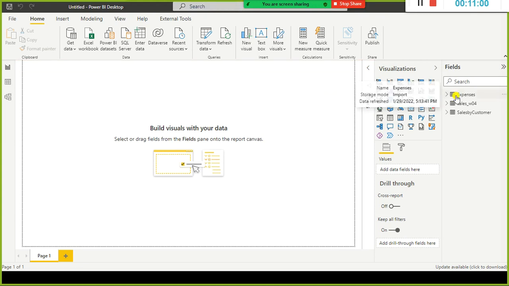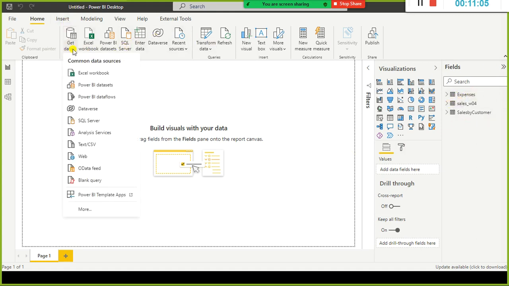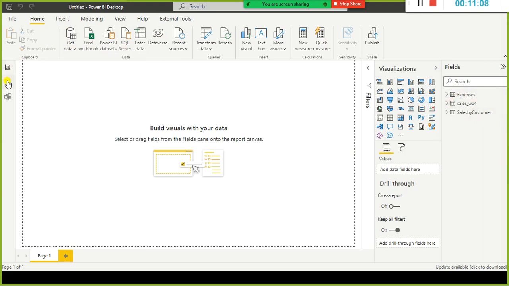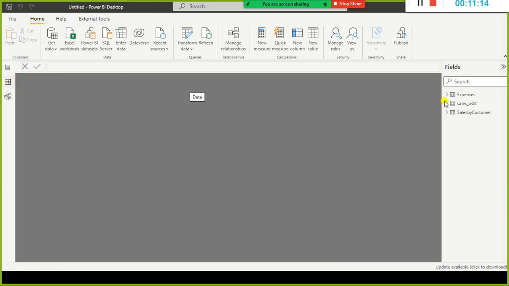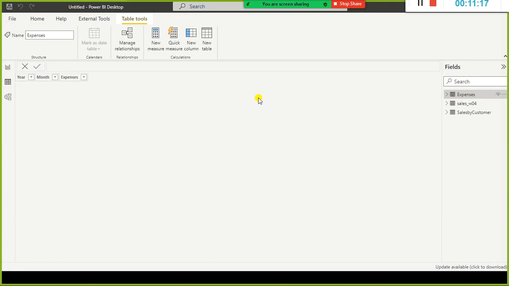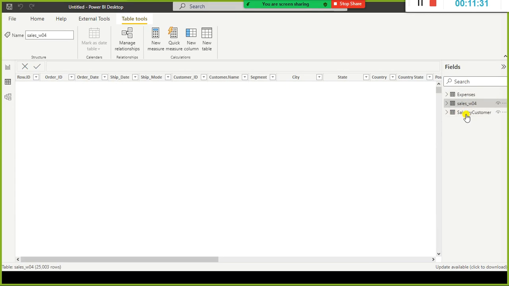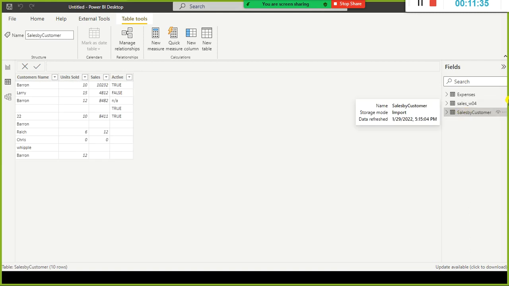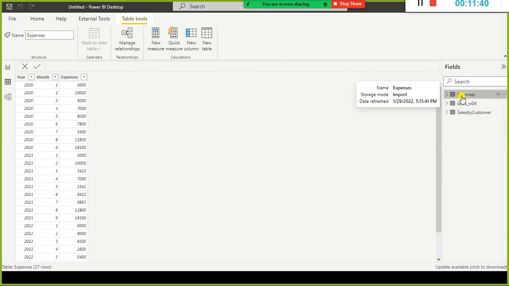The first step is we load the necessary data. The next step is we go and explore the data. In order to explore the data, we can expand and see the column names, and if you go here, you can check the data that are there in this table. On each table, if you want to see the data stored in this file, we can see it. This file, you are already familiar with. It will take some time to load here. Let us see what happens. This is just simple data in it, and expenses. Okay, these are the tables.